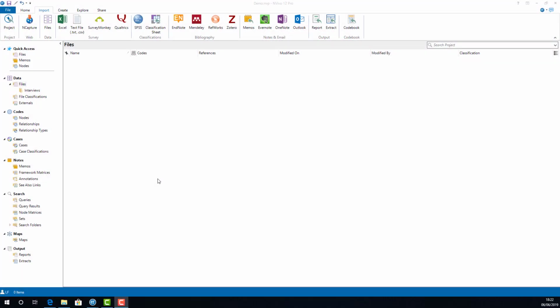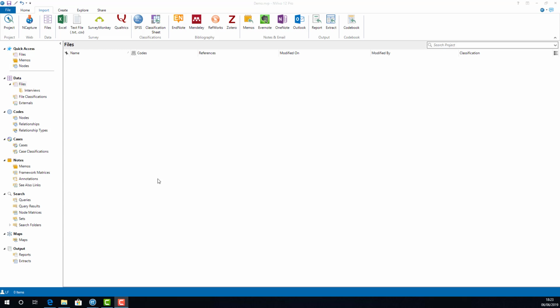File classifications is a great way you can associate metadata with any of your data files in NVivo. This metadata can allow me to record attributes associated with each data file. How useful these are depends on your research. Generally, this is an essential component for anyone who's undertaking documentary analysis or any form of literature review with the